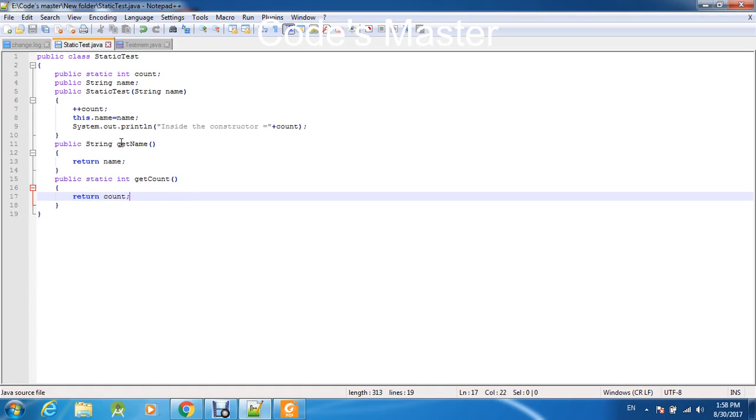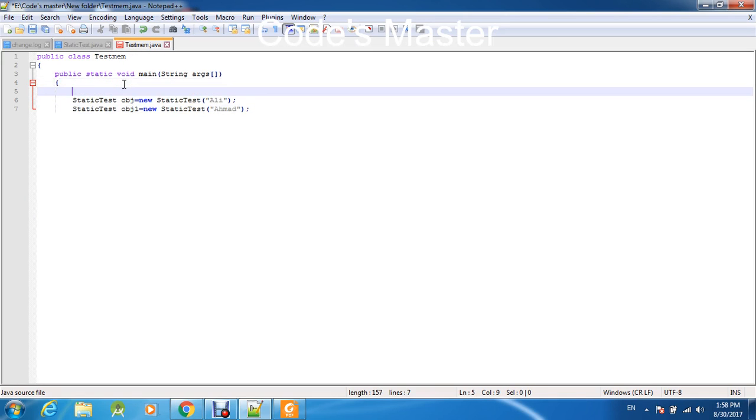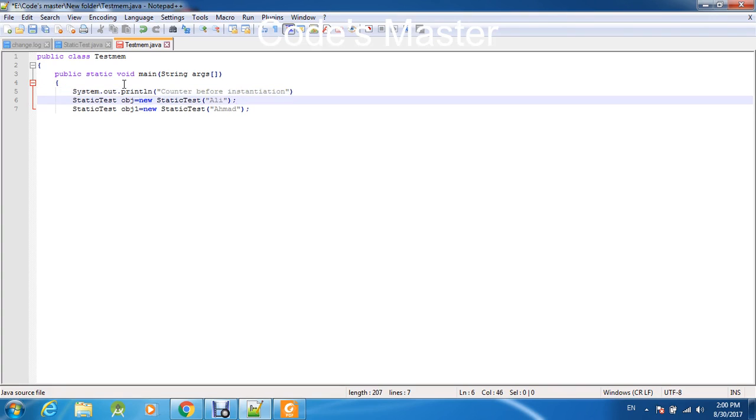Okay, you have to save it, and here we print System.out.println, counter before instantiation equal to